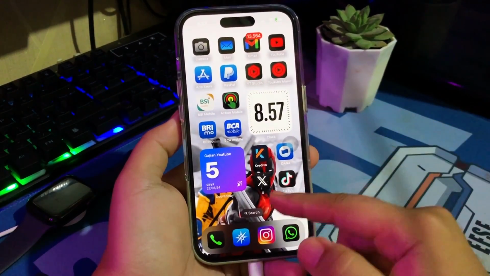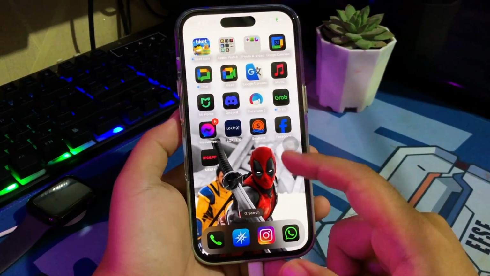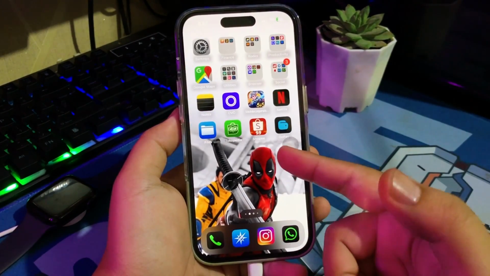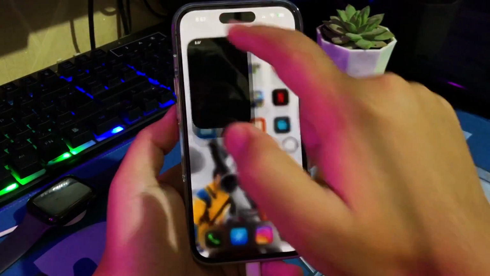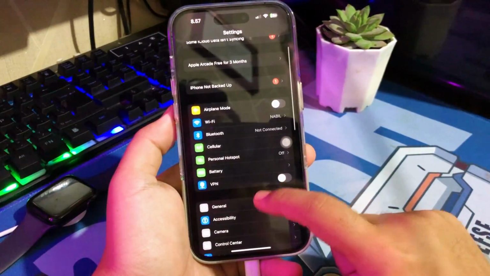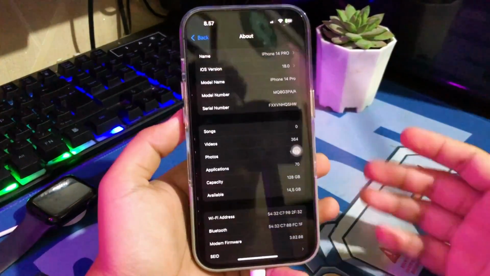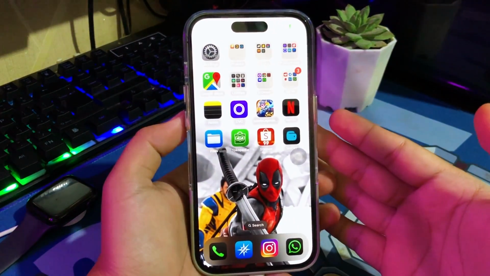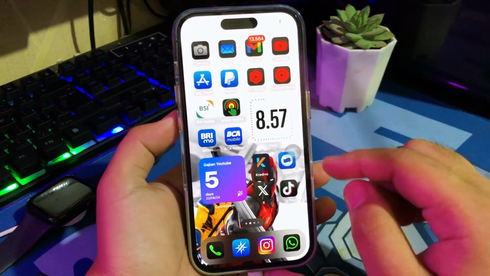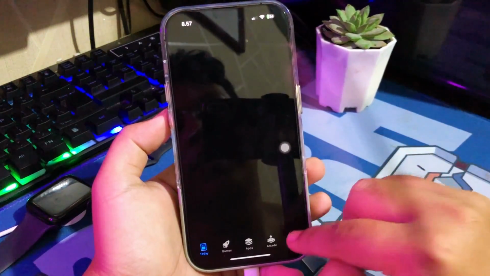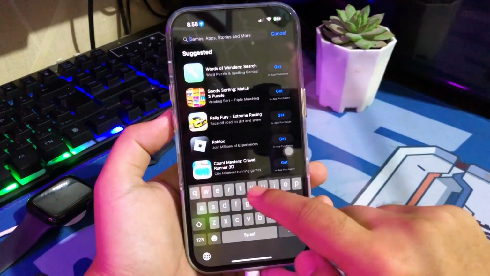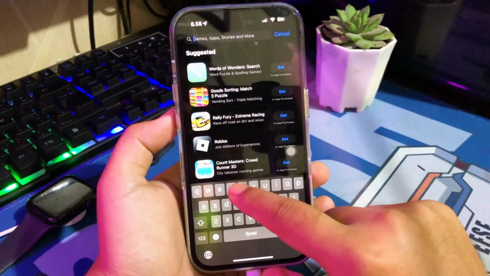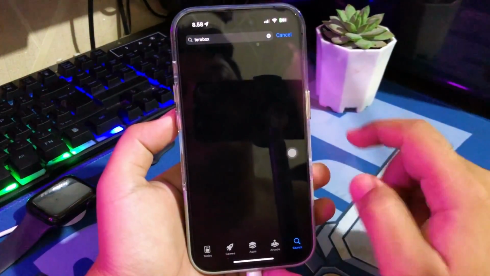In this tutorial, I'm going to show you how to install tweaked apps on iPhone easily, without a computer and without jailbreak. Installing tweaked apps on iOS without jailbreaking your device involves using third-party app stores. Jailbreaking is a process that allows you to bypass Apple's restrictions on installing apps from sources other than the official App Store. If you have difficulty installing tweaked apps with IPA, I will show you how to do it without